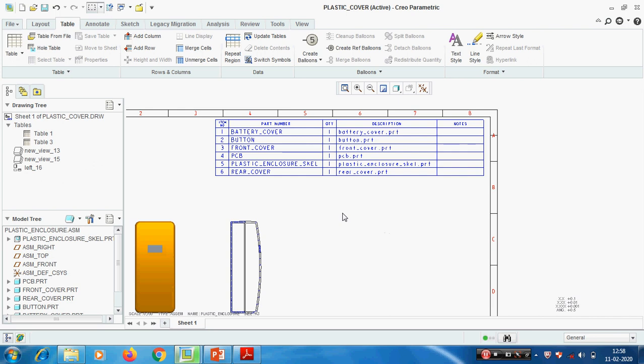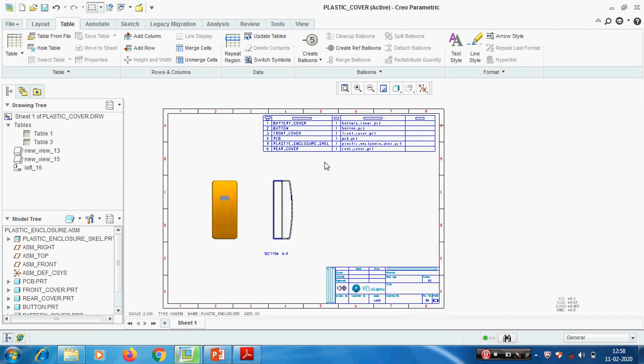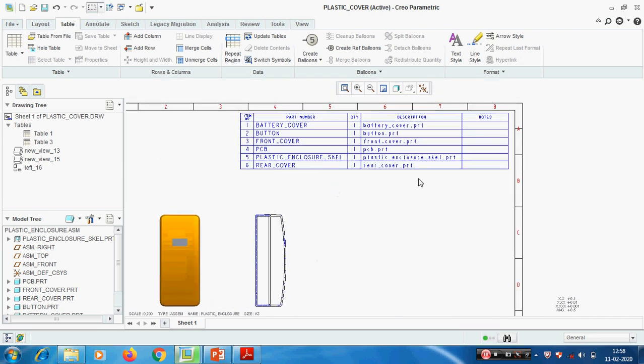Okay. Creo automatically takes all the components and gives the bill of material. This is the default table available in Creo. If we want to create our own table, we can create that also by going into repeat region. Now I will show, using this table, how to create the balloons. Create balloon